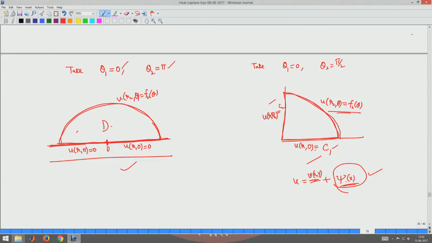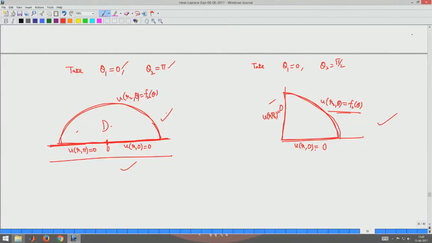So, the idea is, if you have non-zero conditions, and you can reduce it in some way to the problem with homogeneous conditions, that is 0, 0, then you know its solution, so that you can solve even for the non-homogeneous conditions. Okay, non-homogeneous boundary conditions. So, this is the separation of variables method, which you can apply to solve